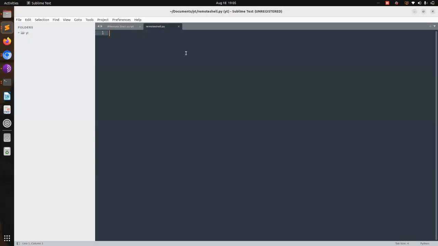Then after creating that, I'll put a comment: this is for educational purposes only. Then you need to import a few Python packages or features, what we can call libraries,